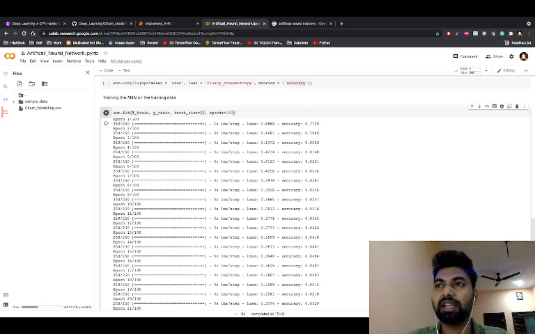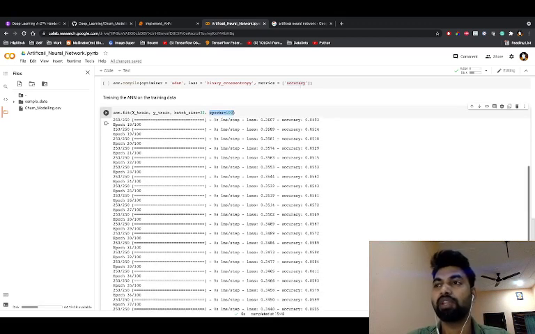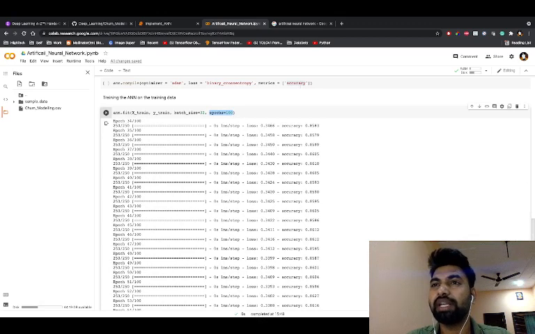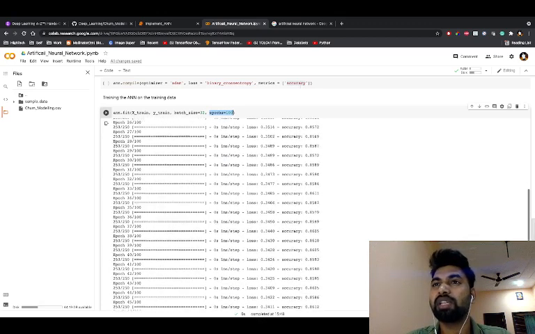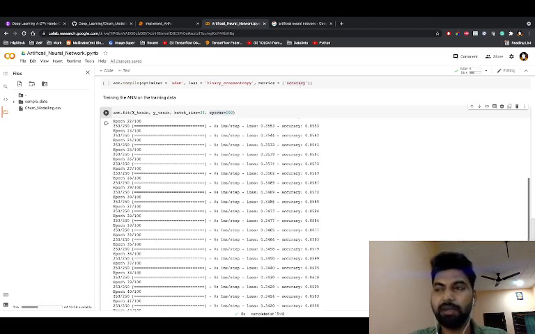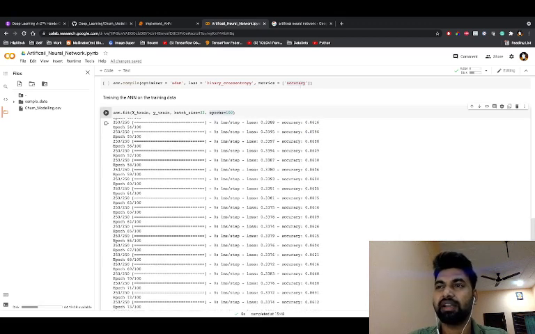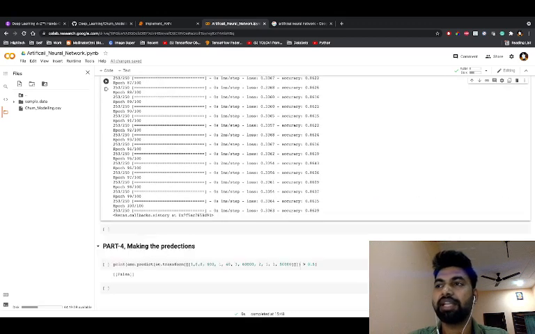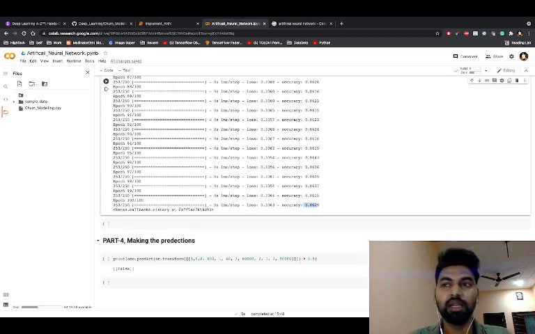And epochs equals 100. So this is basically the training phase, how long it will go. When I run this, you will see it go 100 times, but at the 20th iteration the accuracy is like 0.85, I mean 85% accuracy we are getting here. So 20 epochs should be fine, but I gave 100, right? And finally at the 100th iteration we are getting an accuracy of 86%, right? So the training phase is completed, guys.